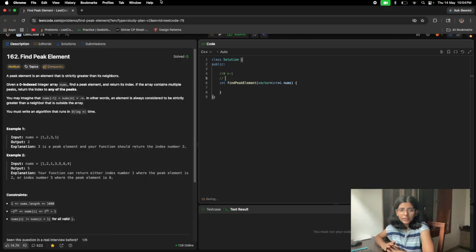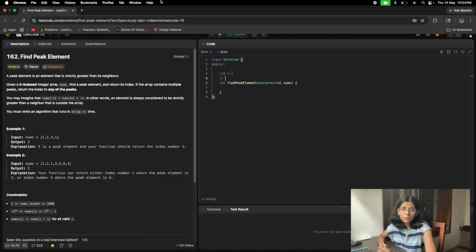And what if it is in the middle? Then we'll check i minus 1, i, and i plus 1. We'll check if nums[i] is greater than nums[i minus 1] and nums[i] is greater than nums[i plus 1]. So basically it is a peak, right? It is greater than both of its adjacent elements, so we'll return that index i.